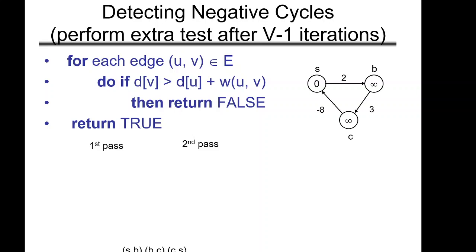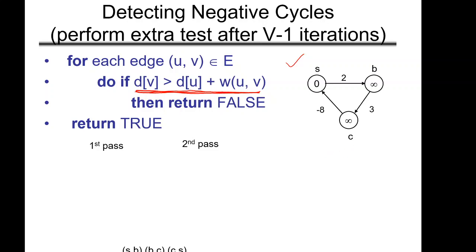One more thing. As I told you, if there is a negative cycle, then our algorithm will report that. Suppose this is another graph, and it has a negative weight cycle, right? So let's see how our algorithm can report it. We have this loop. For each edge, we will check if d of v is greater than this. Let's assume that we already ran the Bellman-Ford algorithm v minus 1 times.